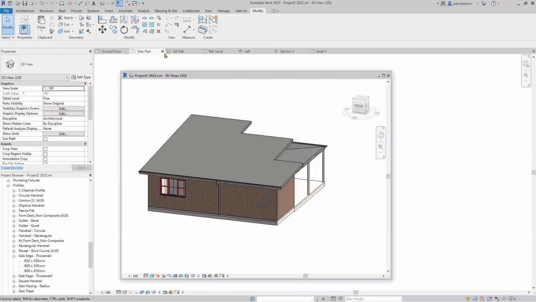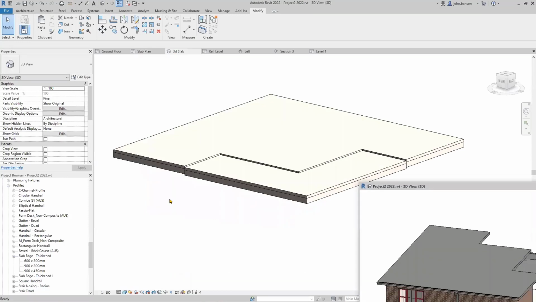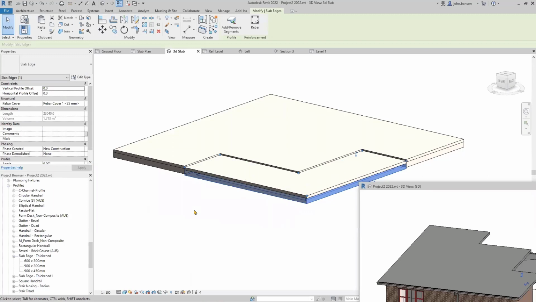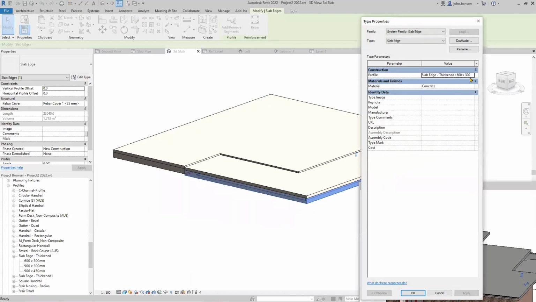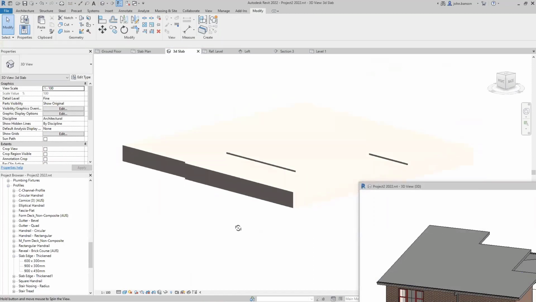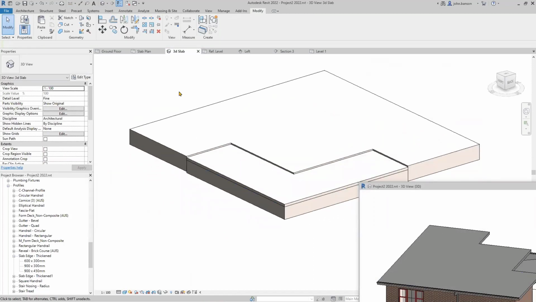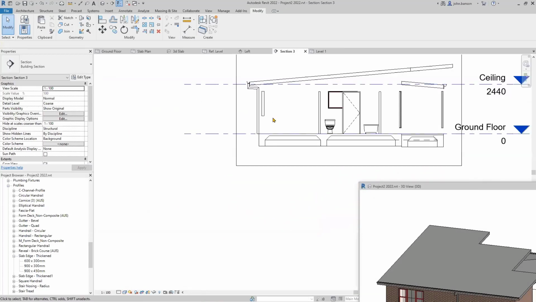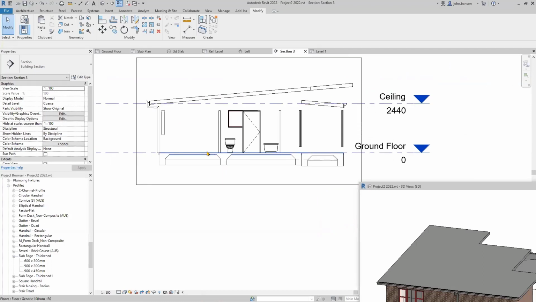So, Slab Plan 3D. Edit the type. Now I've got it thickened on the edge, and I can go to the section, and there's a section showing the slab. Okay, so I'll